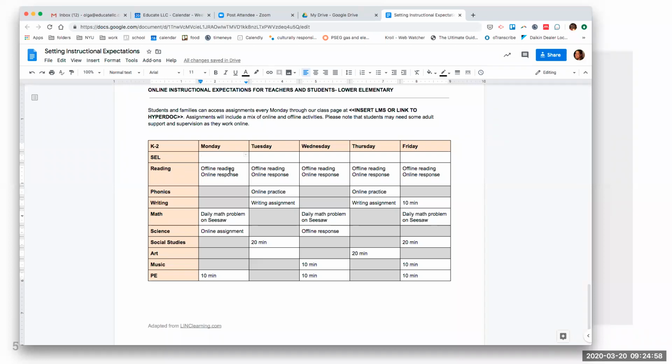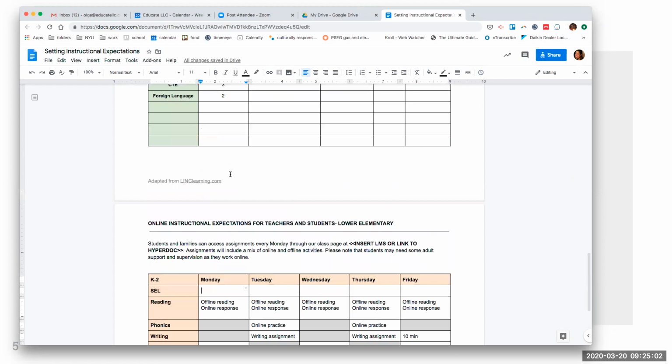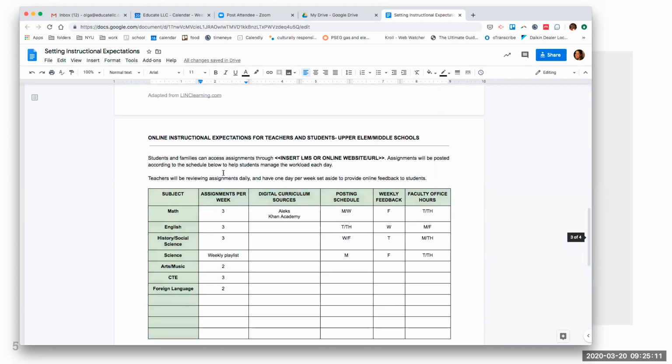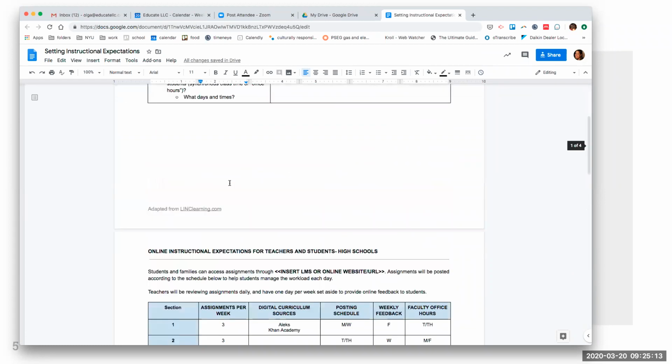In the interest of moving through the material, I actually would like us to not fill this out yet because I want to get through a couple other things that I wanted to show, and then we'll have time at the end. And of course, this is now your document because you've copied it, so you can fill this out.